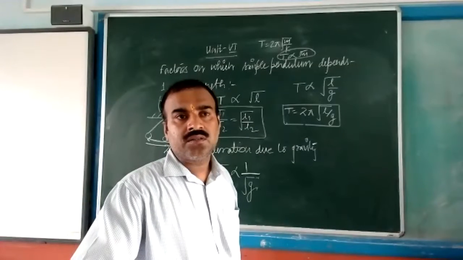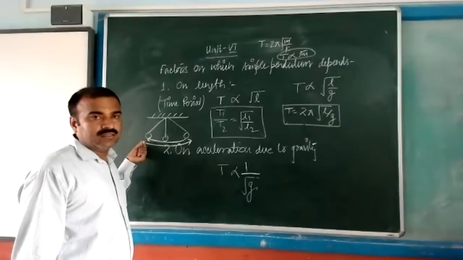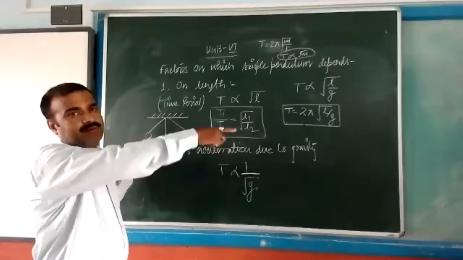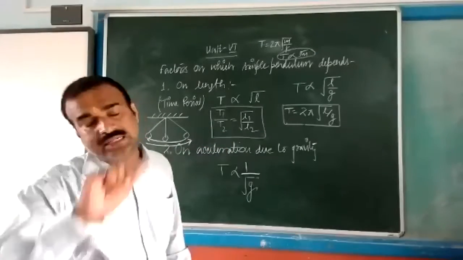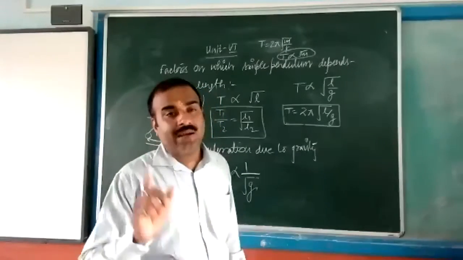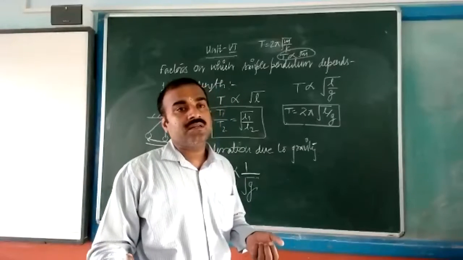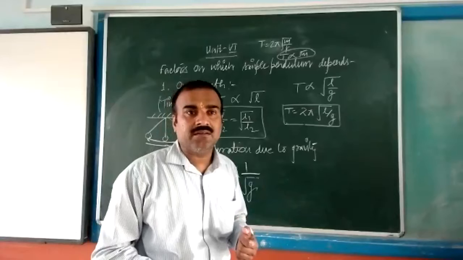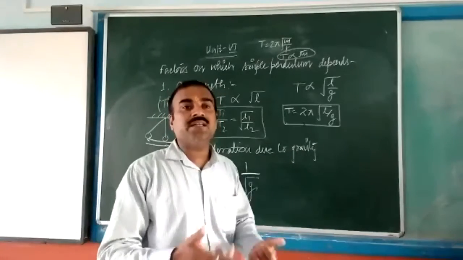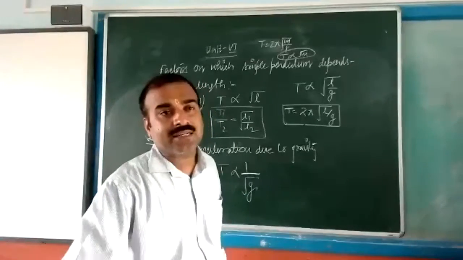Sir, can you please explain why 2 pi is there, one more time? I have not understood. Here, going to start from here to here, then again reaching here, by this side it completes one oscillation. How much angle is there? 2 pi. Total displacement done, 2 pi. That's why I have taken 2 pi. Actually, complete one circle. How much will it be? 1 or 2 pi? Sir, 2 pi. Circumference you are taking as 2 pi R. In the same manner also we have to take. Okay, others clear? Yes, sir.